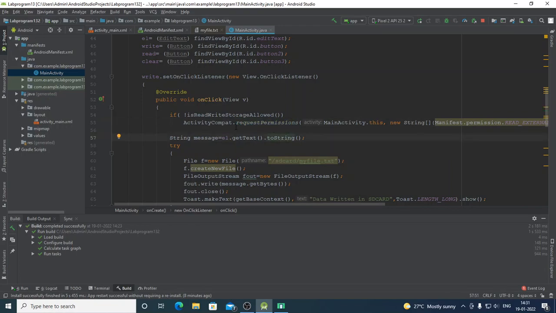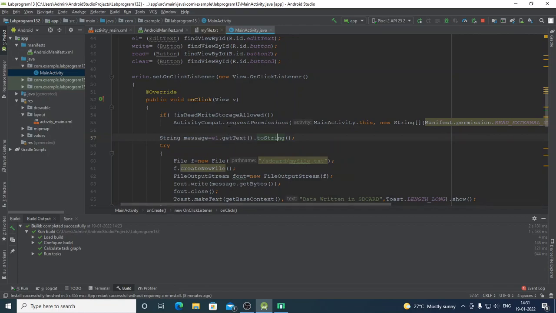So we have discussed about this requestPermissions method also already, right? The requestPermissions method is used for requesting the user to grant certain permissions for the application. So whenever you install some Android applications, it will ask you to grant permission. You will get an option, grant, allow or deny. You will say allow, right? So that is through this requestPermissions call.